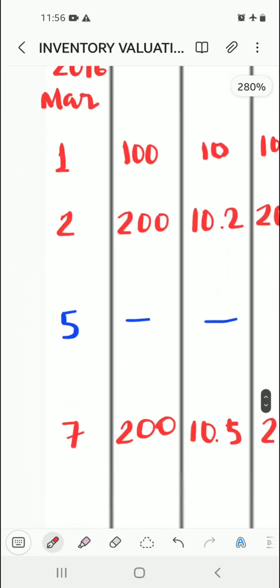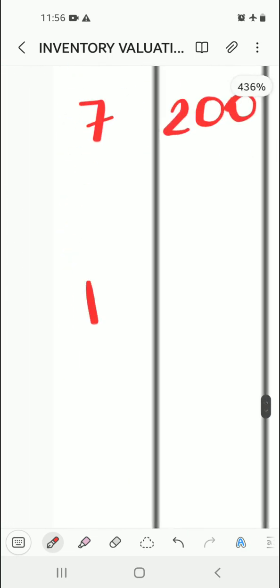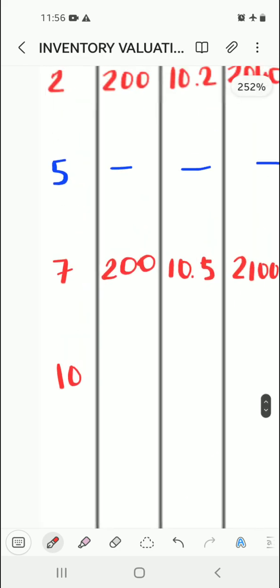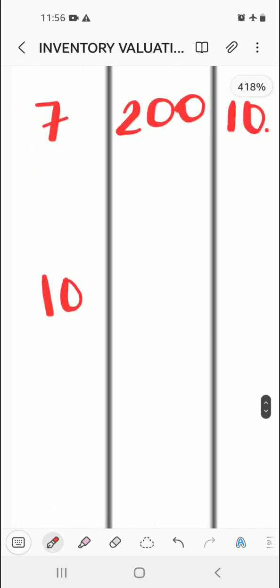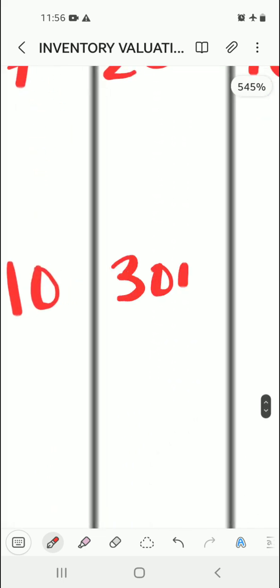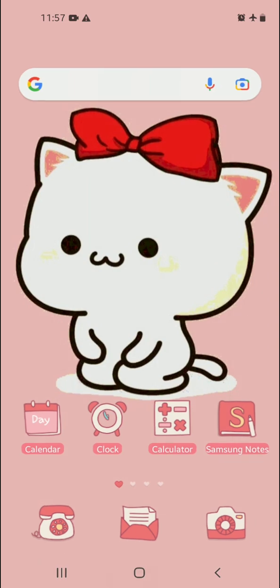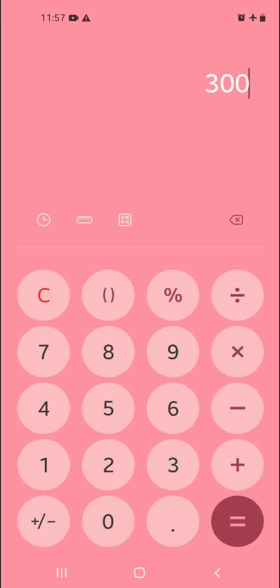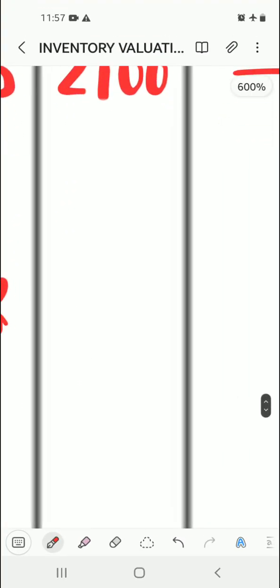So we're going to record it, March 10, and this time we are purchasing 300 units for 10.8. We're going to find the amount by multiplying 300 into 10.8. 300 into 10.8, that is 3240. We're going to write it over here,